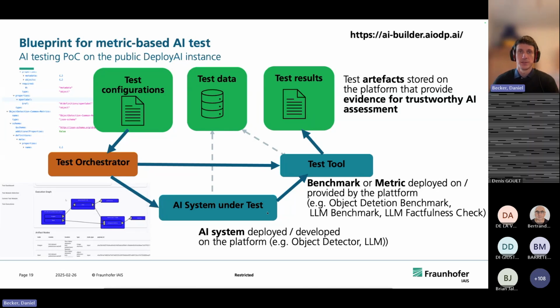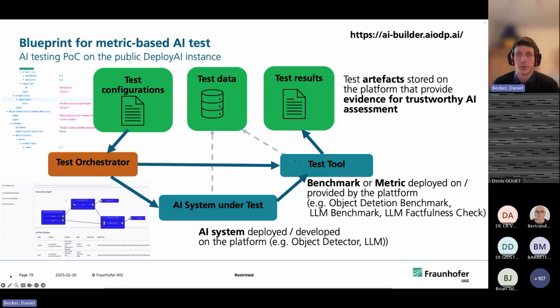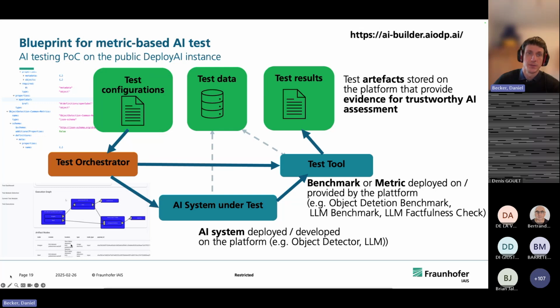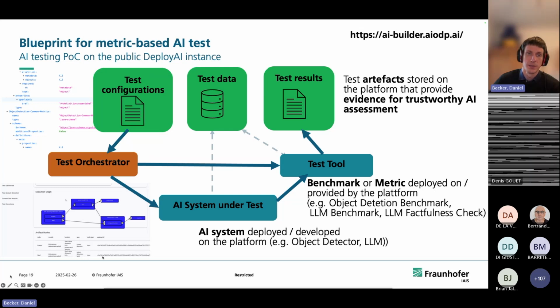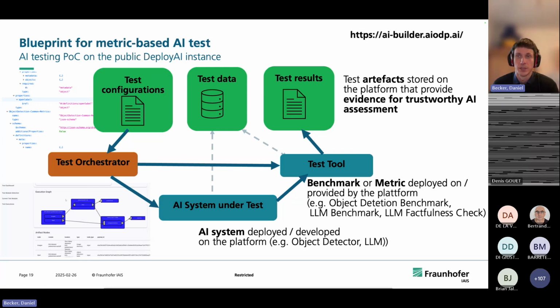It has a system under test, which is an AI model, in this case an object detection model, and some test data that is used for this model, and a test tool that will just calculate some performance metrics for this model and write down the test results. And the test orchestrator also allows you to specify the test configurations, inspect the workflow that has been run, and look at all the individual components, look at their identities and their hash values, and really see what kind of models exactly are running there. And these things are also nice.